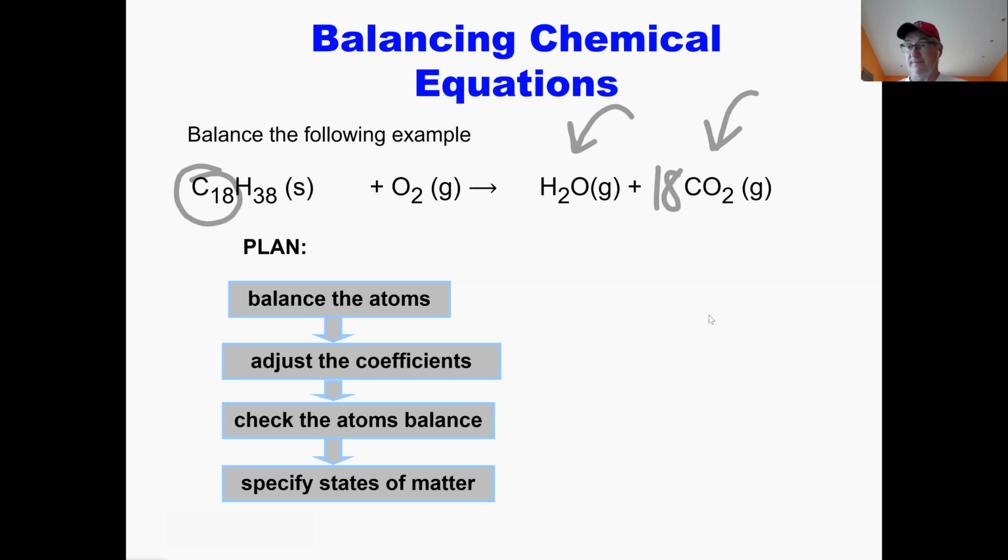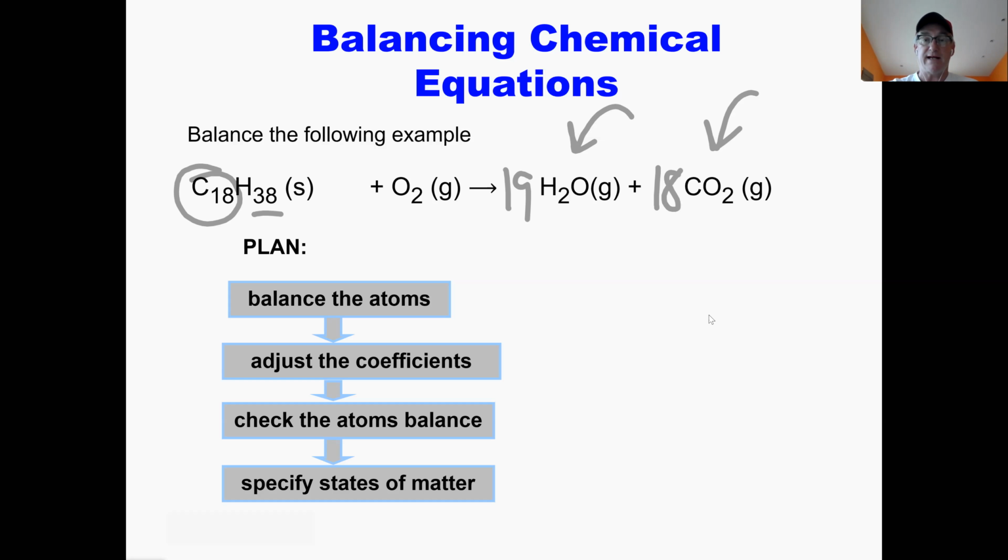18 carbons, we're done there. Then we do hydrogens next, 38 of them. And then there's 2 over there, so half of 38 is 19. So that's 38. Now that we've got our hydrogens balanced and our carbons balanced, we balance